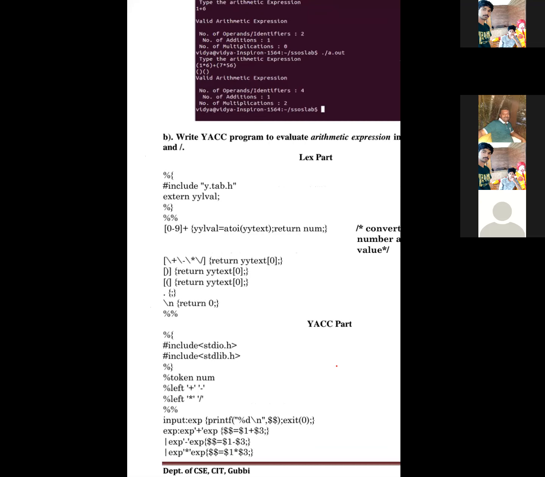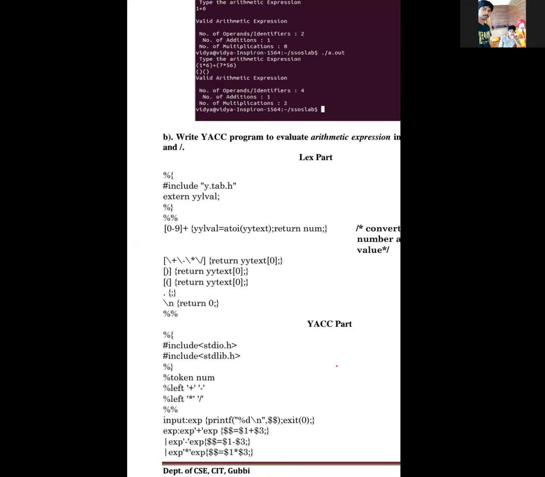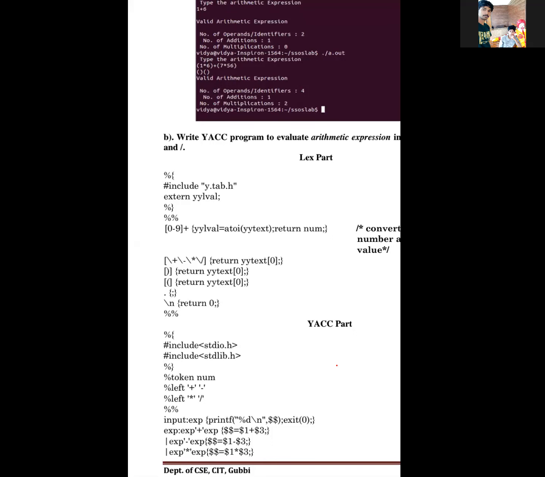Here you are using lvalue, in the sense of the RHS, that means the answer, which will be nothing but your lvalue. External variable lvalue, everything will be inside this definition section. And then atoi. Anybody know about this atoi? atoi in the sense ASCII to integer conversion. Here onwards, we need to worry about this ASCII to integer value. 0 to 9 plus any numbers, one or more numbers entered in your expression.